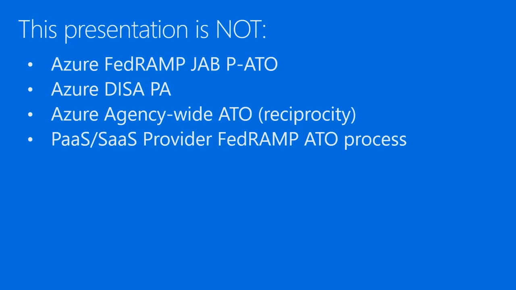But this is mostly designed to be, okay, now that we have those in place, what can you do as a customer to take that to the next level and be able to actually adopt and ATO your specific applications? And the last bullet here: if there are commercial providers who are looking to get a FedRAMP ATO to provide to government customers, we can also have that discussion potentially offline, about what that process looks like and how it relates to this.